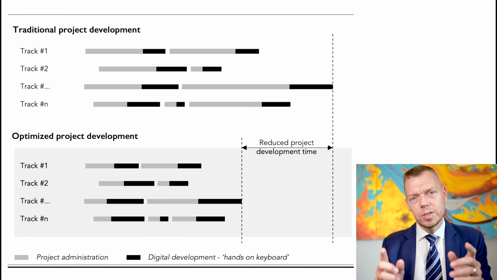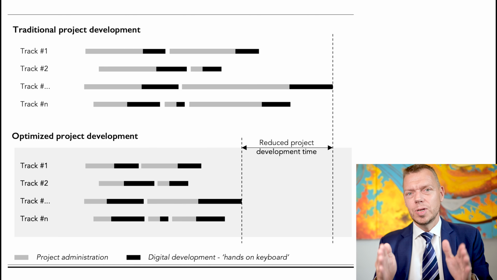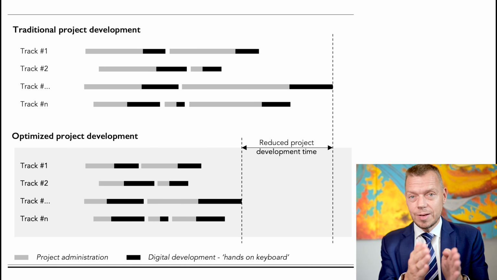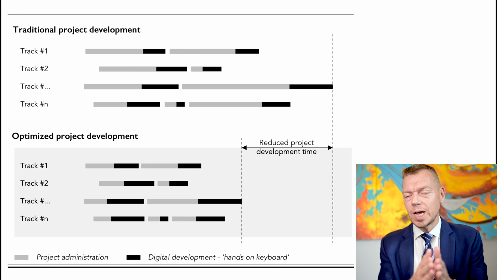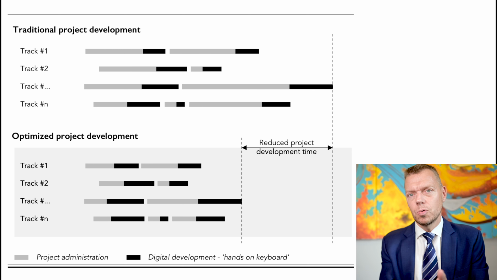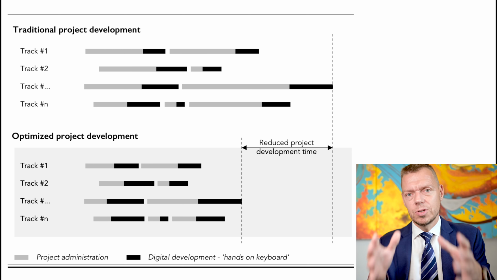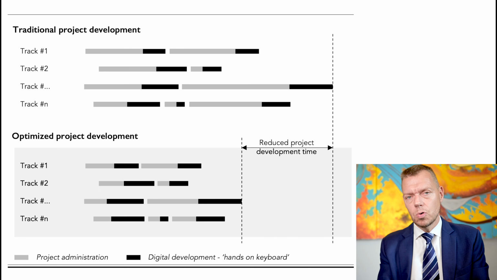That also means if you can take a look at these 80% of project administration time and reduce that, you'd be able to reduce the time it takes for each and every project in your digital transformation program to deliver. And again, it means you can deliver the results faster. Your digital transformation program will run faster. And I can tell you it's possible. If you understand why it takes 80% of the project time, then you can start addressing it.